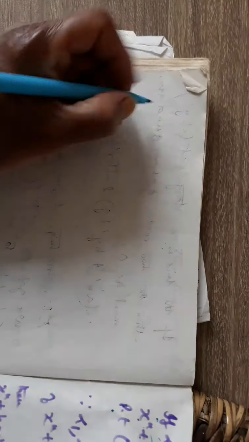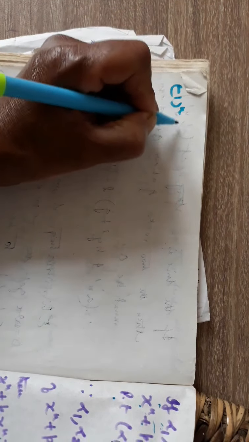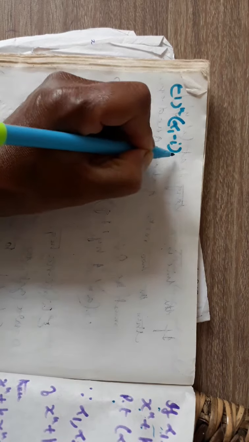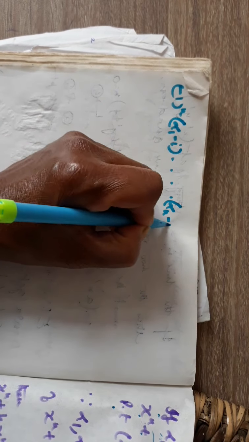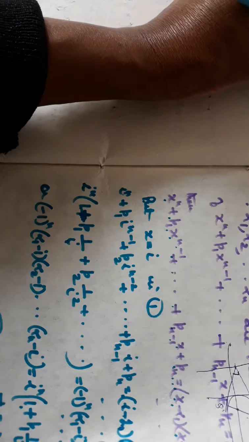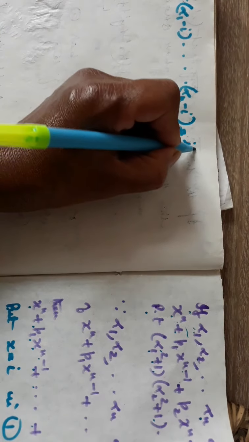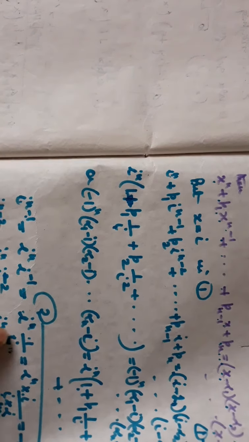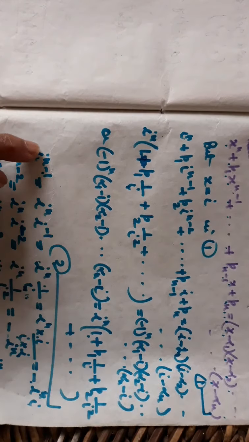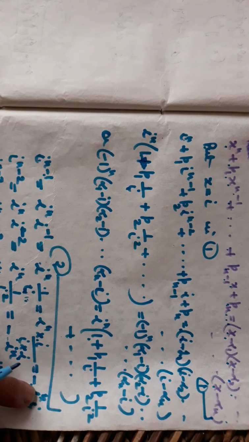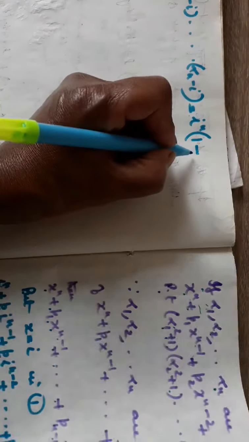So with the help of this equation 2, now I can write as minus 1 to the power n into alpha 1 minus i, dash dash, alpha n minus i. And then the left hand side I can express i to the power n into 1 minus, because what is 1 by i? 1 by i I can write as minus i, because with this i to the power n here. So I'll just replace i to the power n minus 1 by minus i to the power n into i. So here it will become minus